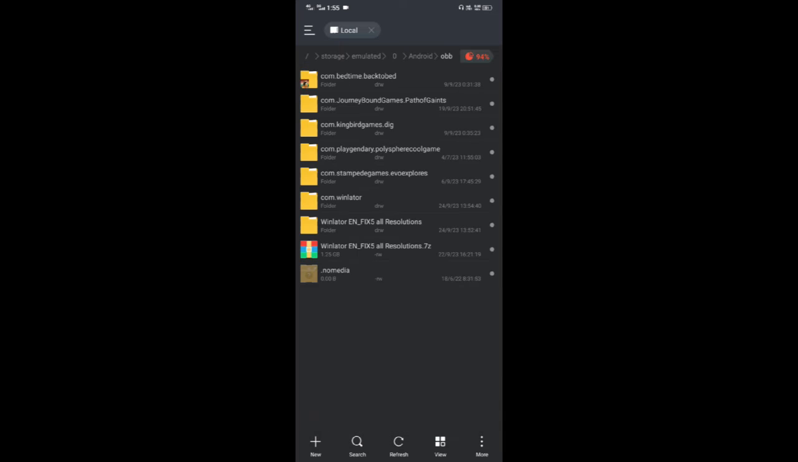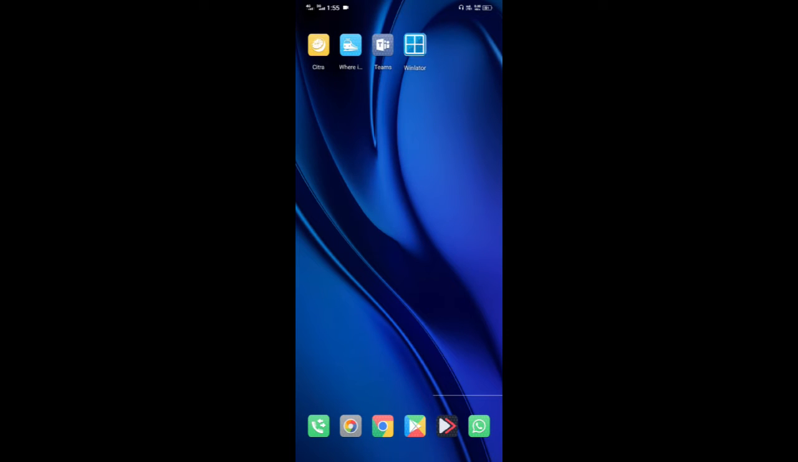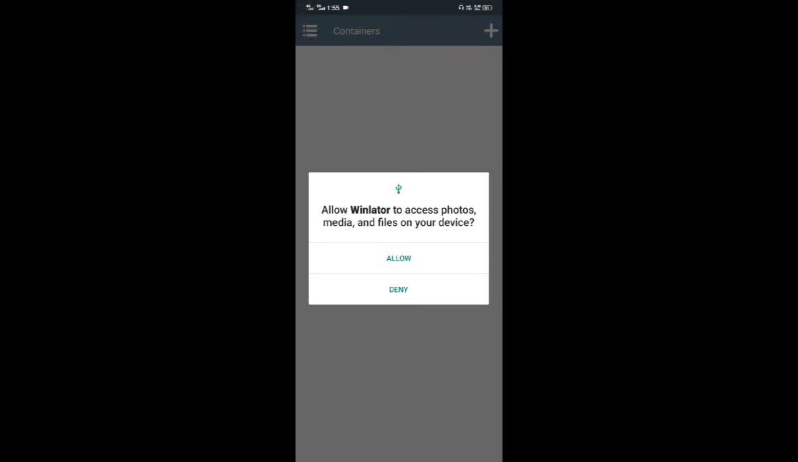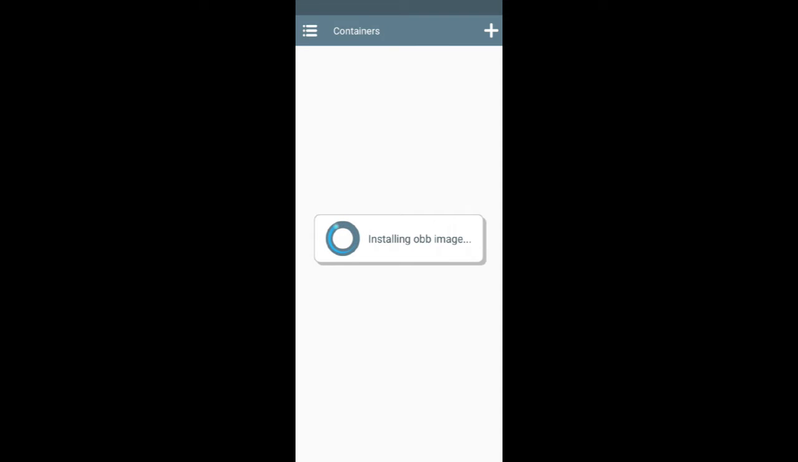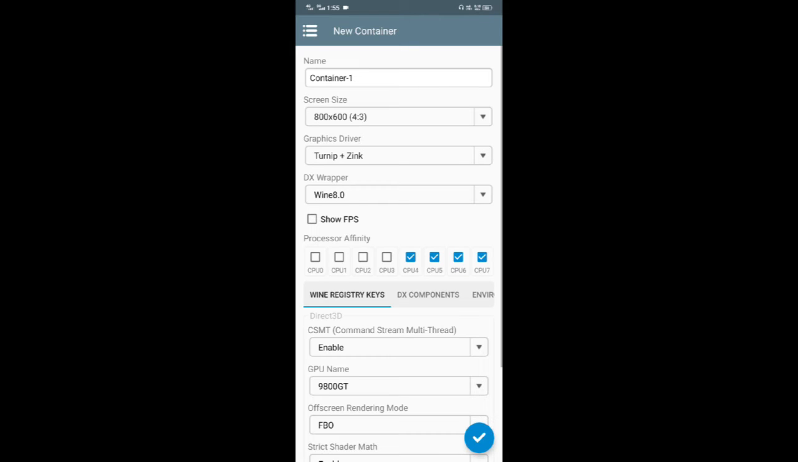Now everything is complete. We have installed the application Winlator and pasted the OBB file in file manager Android/OBB. Now we will open Winlator. Click to allow. It will install the OBB image, so we will have to wait. Now everything is complete. Click on the plus icon